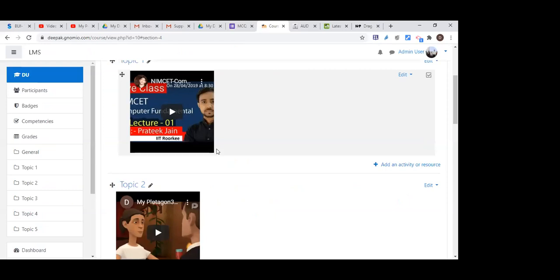That is overall Moodle, and many things. Moodle is like, everything is here, every feature is available here. In Swayam, we need to perform only three kinds of activity: online assignment, quiz, and discussion forum. Right, so three activities only.